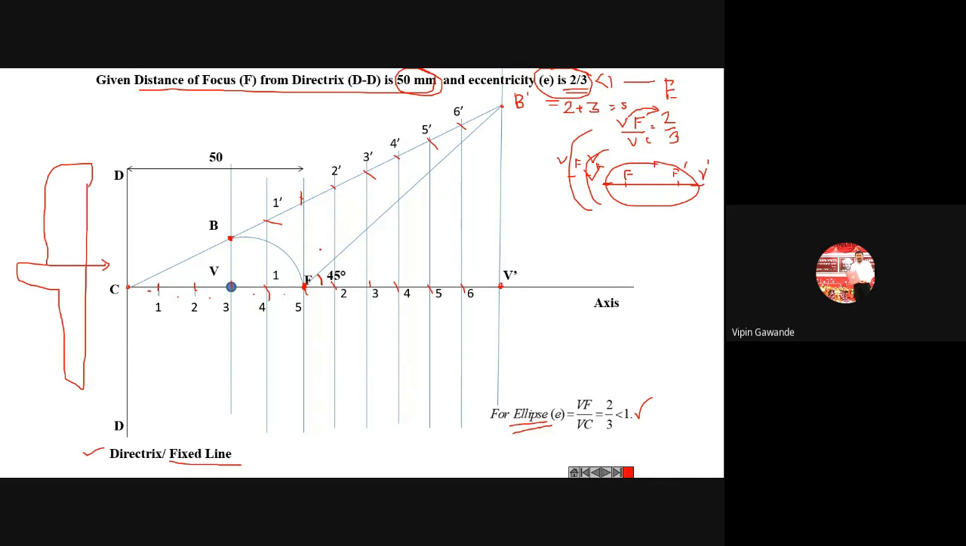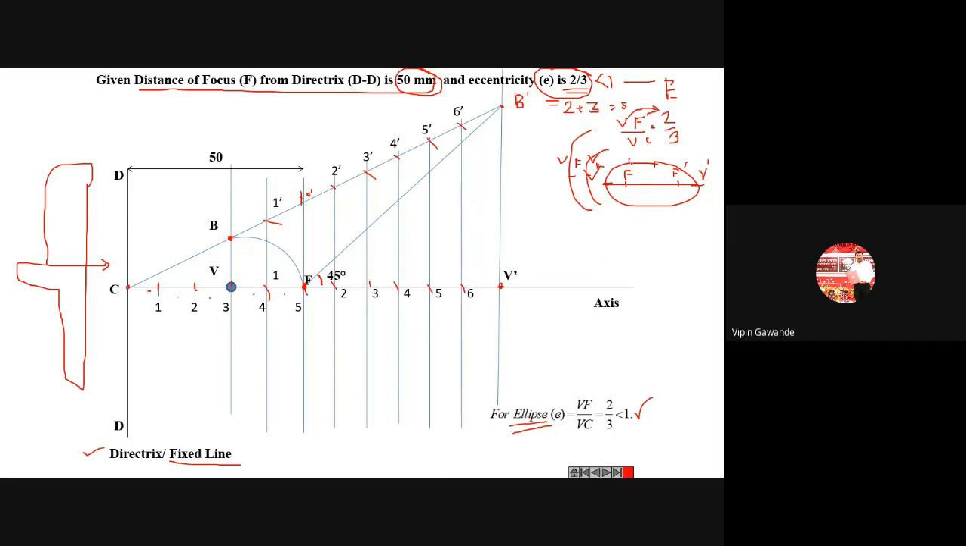You mark that divisions. After that vertical lines will intersect our CB line at 1 dash, suppose this is 2 dash, here we'll take suppose A dash, here 3 dash, 4 dash, 5 dash and 6 dash, okay. This step is also similar to the parabola and the hyperbola, okay. Now after that, now the final